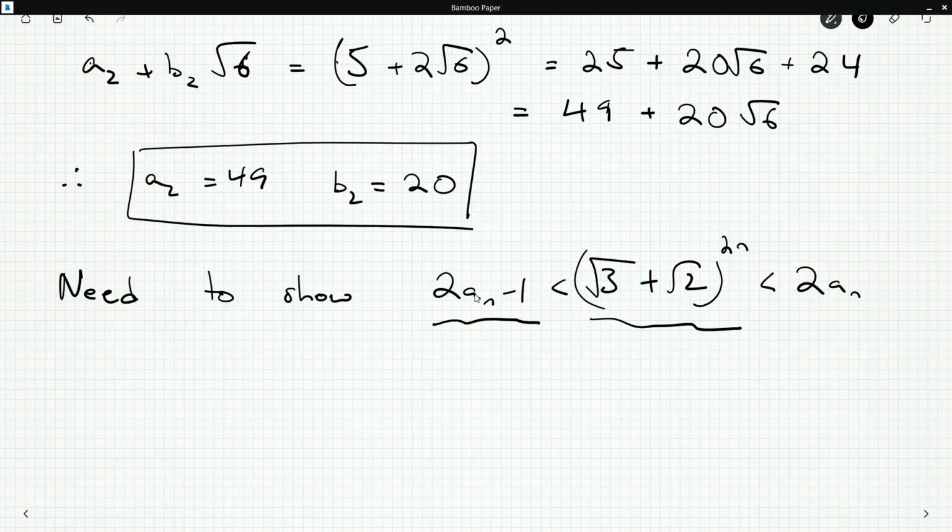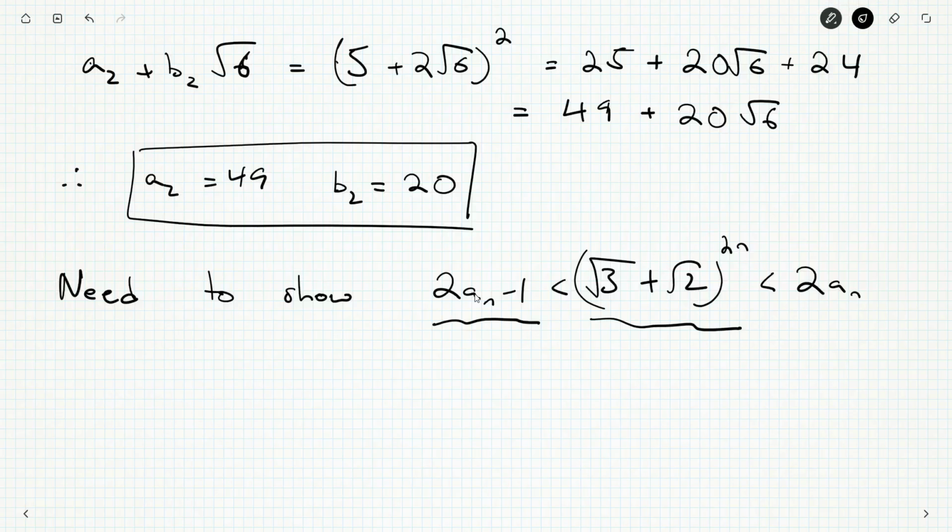Yeah, okay, I do have the indices correct. Well, I know rather naively that this is 5 plus 2 root 6 to the n. I don't think that's going to particularly help me, but